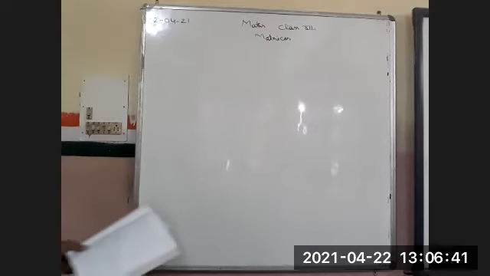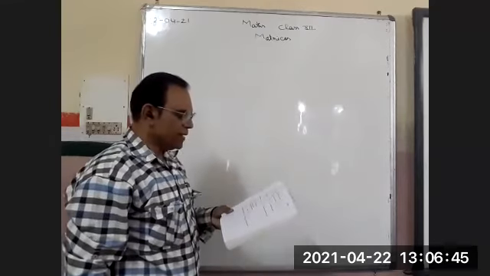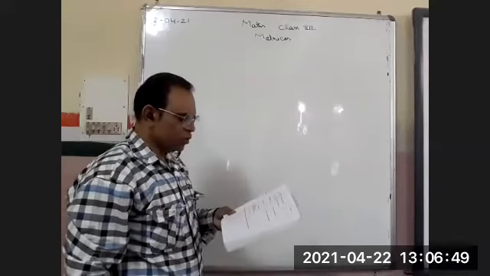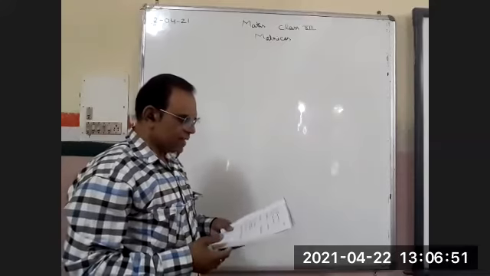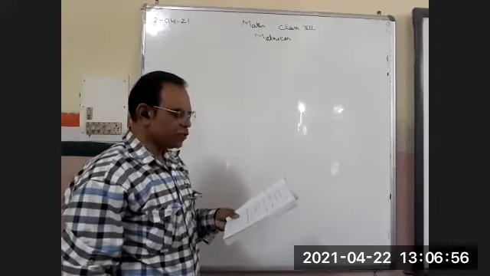In the same way, we have to find question number 9, 1 upon 2 (A plus A dash) and 1 upon 2 (A minus A dash). So you can do it yourself, there is no problem. Express the following matrices as the sum of a symmetric matrix and a skew symmetric matrix.